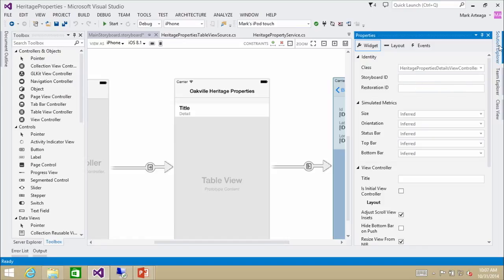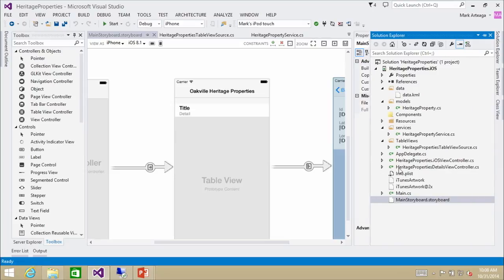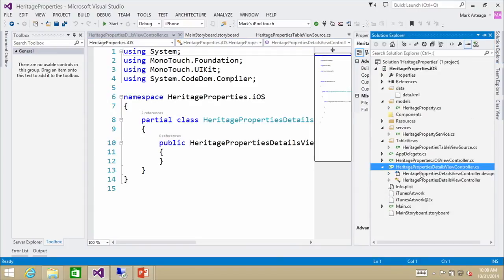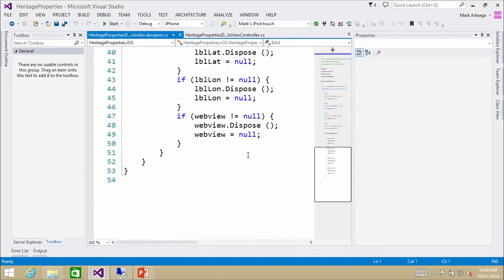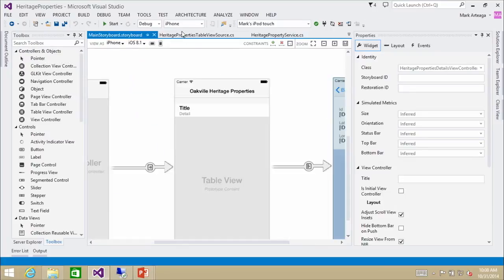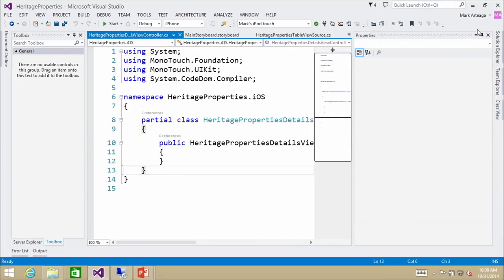Hit enter. So that's wiring it up to the code behind class that's going to fill this particular view? Exactly. And if you notice here, we now have a Heritage Properties Detail View Controller, and the designer code is all wired up internally now. So that was the error it was giving us before. If you set a custom class for the view controller within here, it'll automatically create the class for you. Great. So now we're going to open up the view controller that we just created, and we're going to